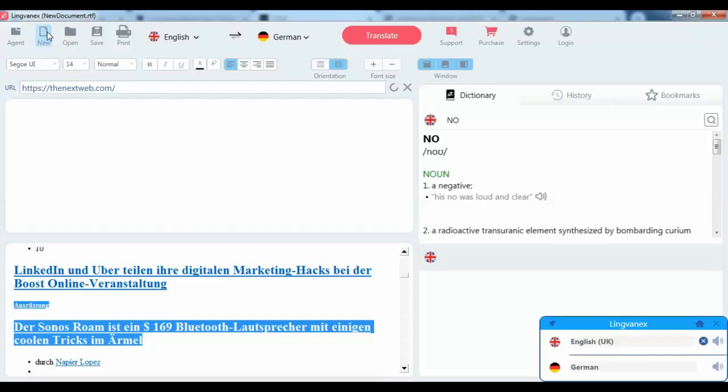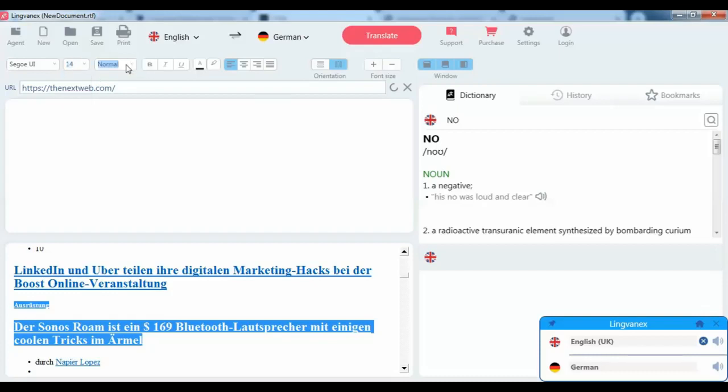From new, you can open a new fresh page. When you click on open, you can open any file like document, image, whatever you want to translate. From the save option, you can save it into the desired format. Print option is available. You can select the font theme, font size, style.